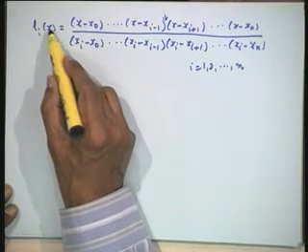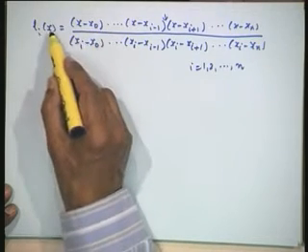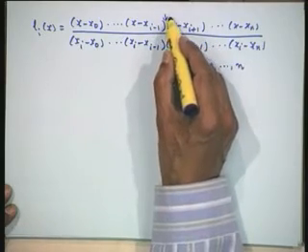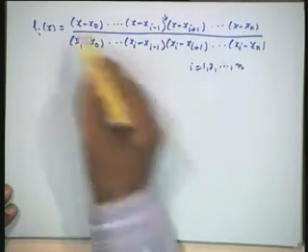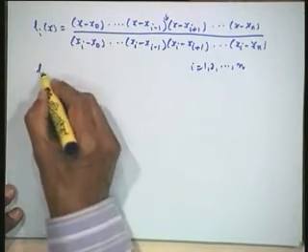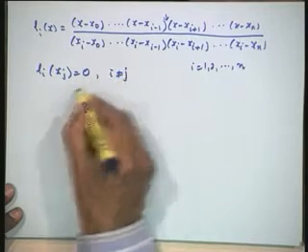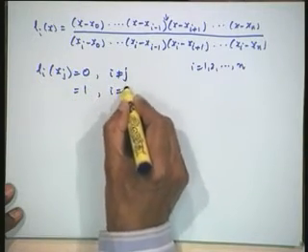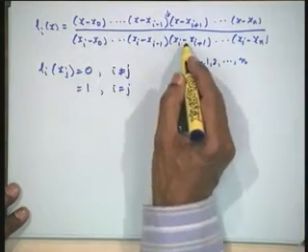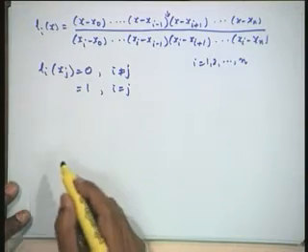Now, let us substitute x is equal to x naught. It is 0 because the numerator has x minus x naught. So, for all x j this is going to be 0 except when x is equal to x i. Therefore, when x is equal to x i, the numerator is same as the denominator, therefore it cancels. Therefore, this satisfies the property that L i x j is equal to 0 for i not equal to j, and this is equal to 1 for i equal to j. Therefore, this is itself the Lagrange fundamental polynomials that is required in the construction of the Lagrange interpolating polynomial.